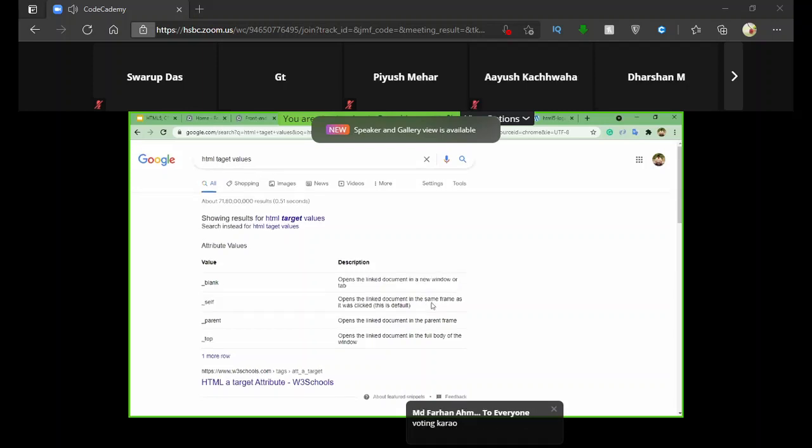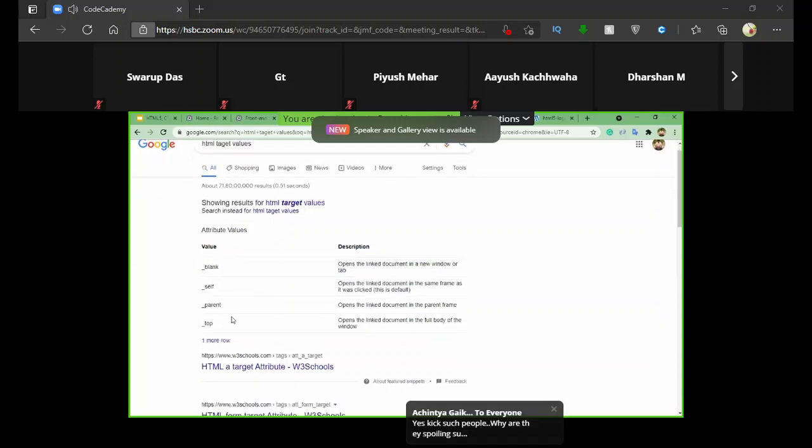This is the default. As I showed you before, without providing target, Google tries to open on the same website. If you provide underscore self as well, it will do the same thing. This is used by default by HTML if you don't provide any target value.